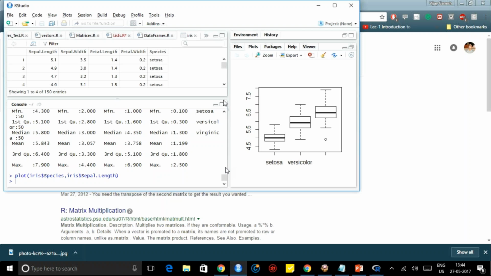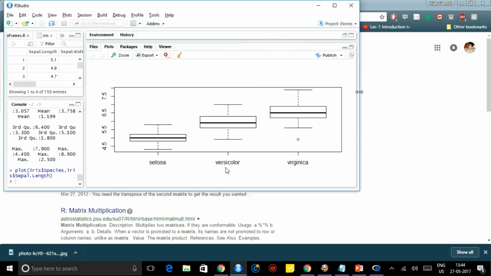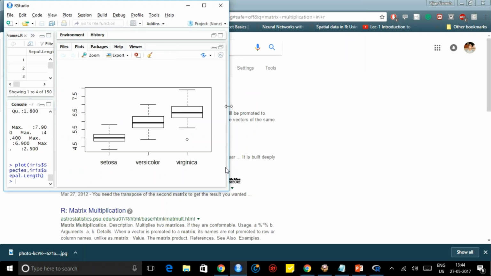This one they call a box plot. There are multiple plots you can do. I'll show that we can allocate separate classes for plotting. So this is a simple plot. You know what a box plot is? For example, if you have data, you will construct a box plot. You can have three components: this is the minimum, this is the maximum, this is the average.